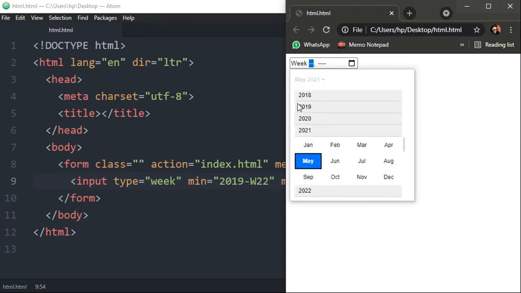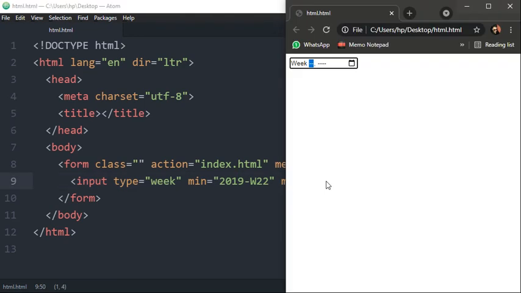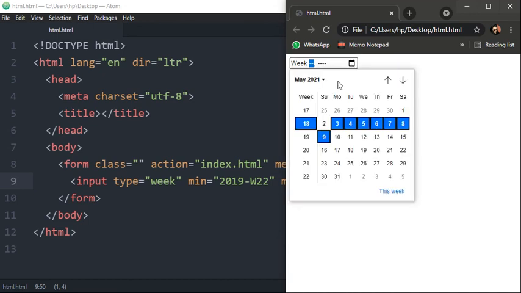So from here you will see in 2019 user cannot go below May, because the 22nd week lies in May. Okay, same goes with 2021, user cannot go beyond 52nd week.